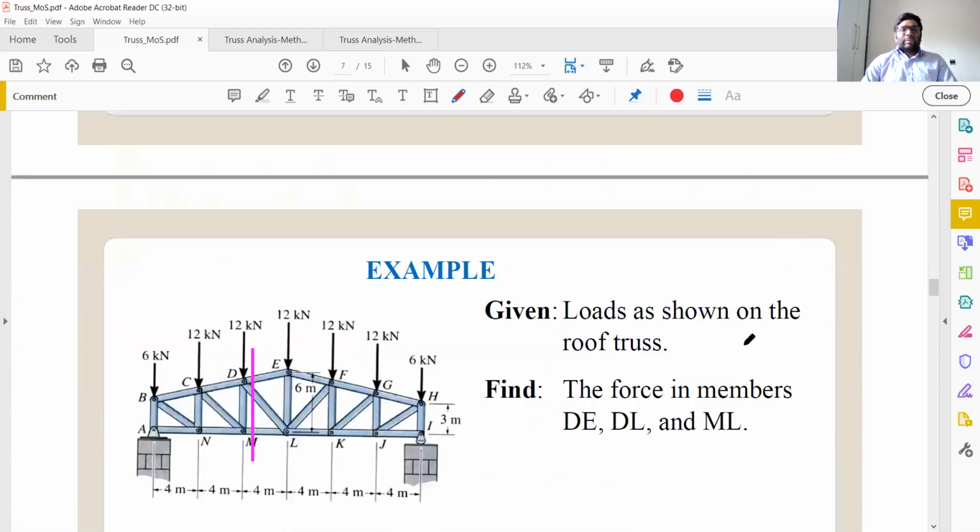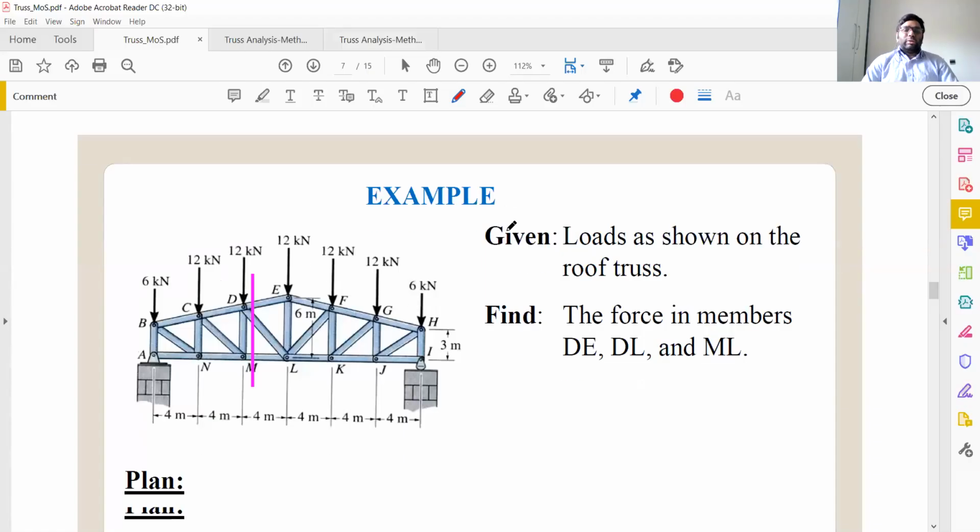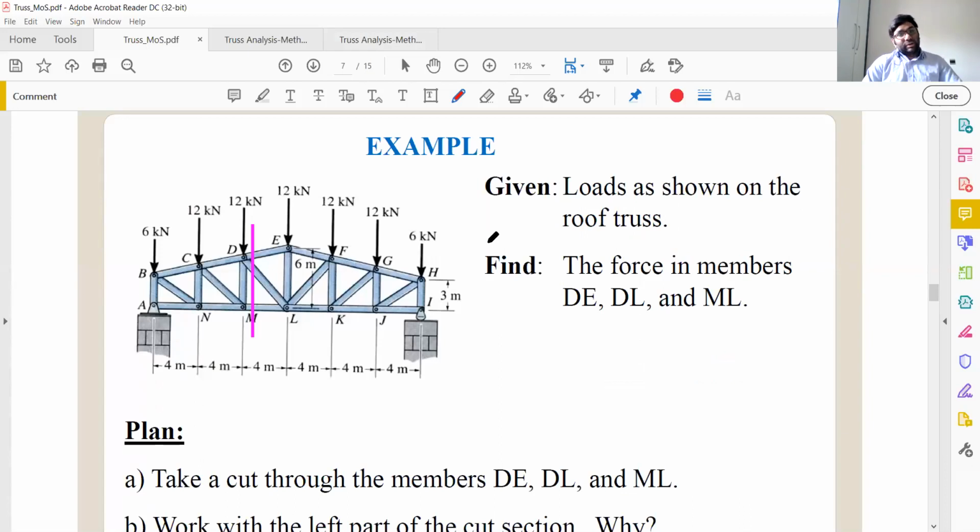Now let us say, for example, if this is the problem. Let us take a small example here, but it's a very interesting problem. See here, these are the supports where a bridge is being constructed. At different levels, heights can be calculated. Each span is 4 meters. The height at the edges is 3 meters, and at the center it is 6 meters, and then this is 5 meters, this is 4 meters. So it will keep on decreasing. So 3, 4, 5, and 6 are the corresponding heights of the truss.